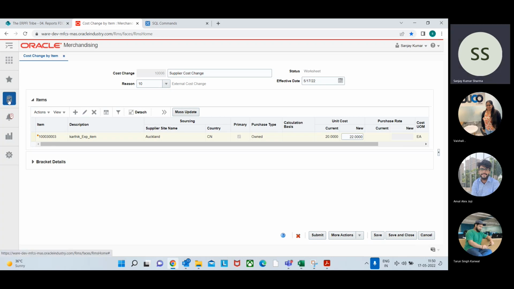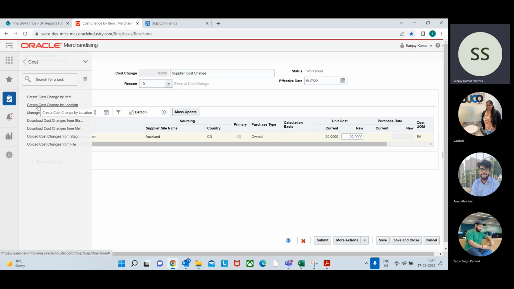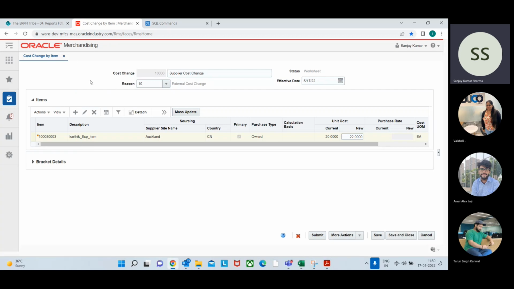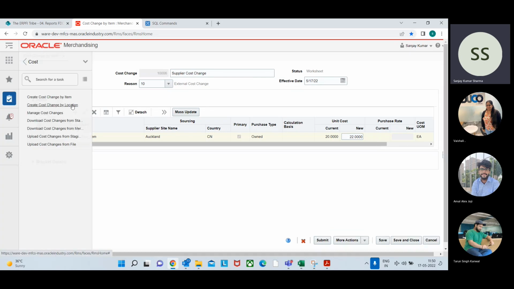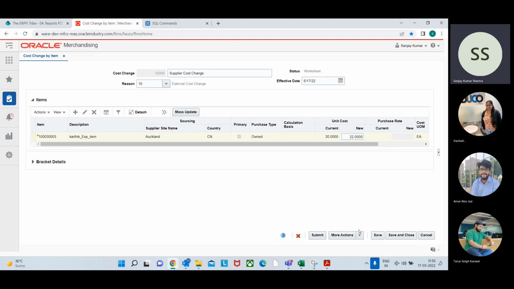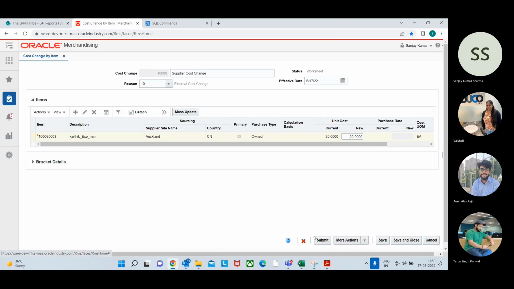Cost change by item. One second, I'm just checking one thing. Cost change by location. See, as of now, when you're doing a cost change by item, because it's a supplier cost change, this cost change is happening for the item for all the locations. But you also have a separate scheme where you specify the location for which you can create the cost change. So when I click on submit,